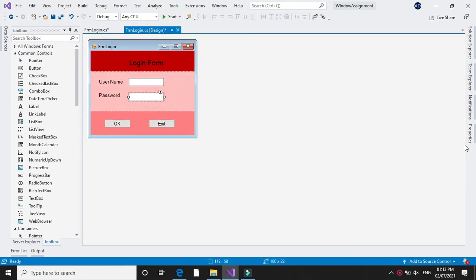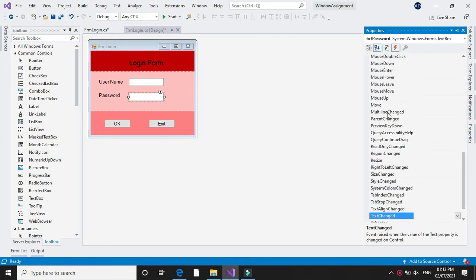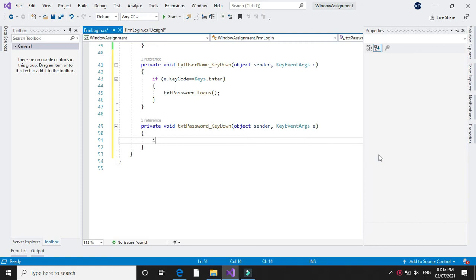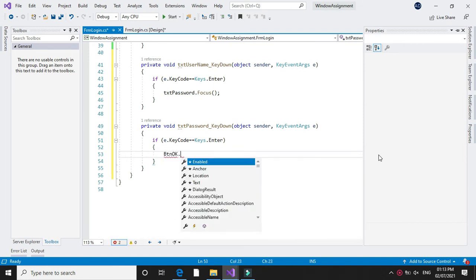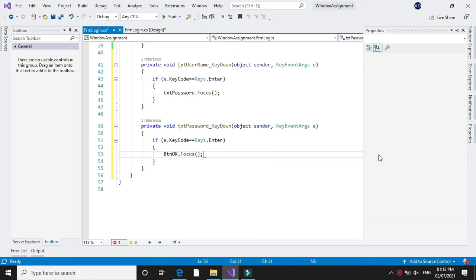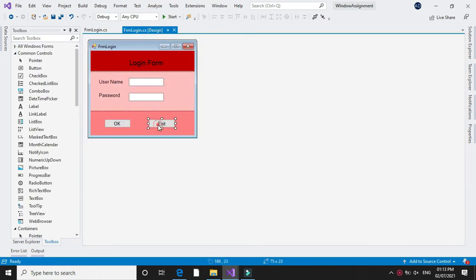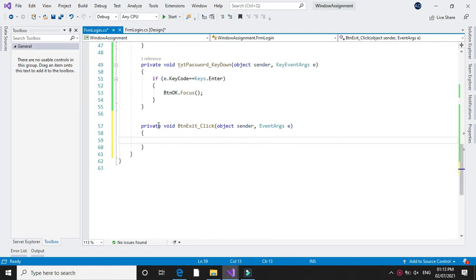Similarly for password key down event I will check if e.KeyCode equal to Keys.Enter, btnOk.Focus, and for exit I will write this.Close.